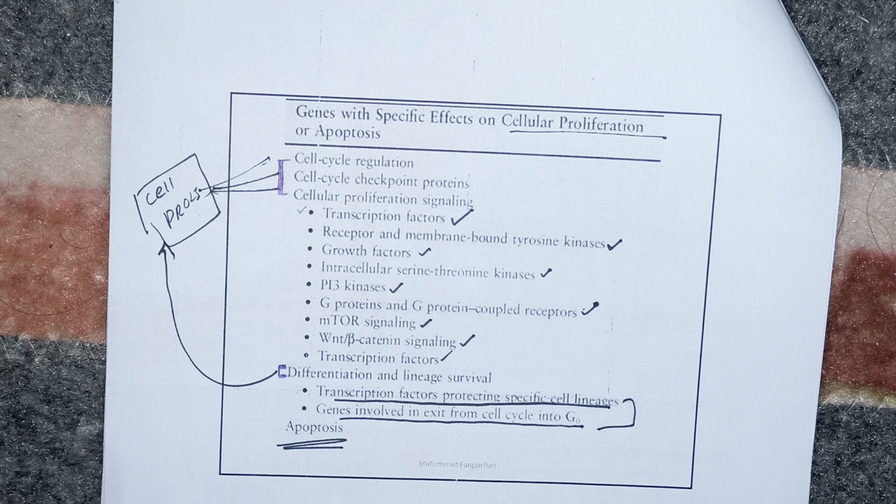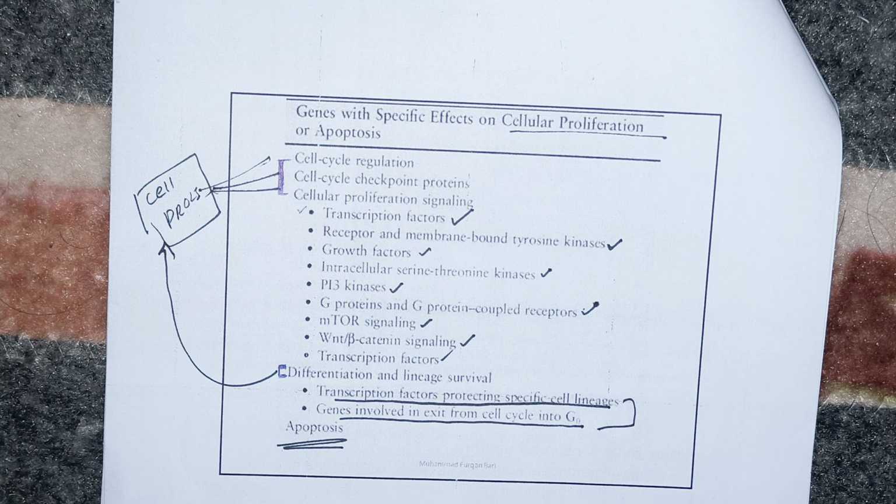Number one, the cell has to divide. Some factors will help the cell to divide, and once the cell is divided, the multiplication of that cell will be stopped and then apoptosis will occur. That's the normal life of every cell inside the human individual. Once it proliferates, the cell cycle goes to the top, and then the cells differentiate and then undergo apoptosis. That's the rule of life, my son.